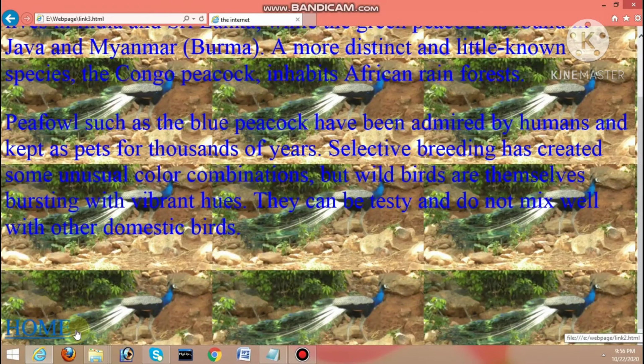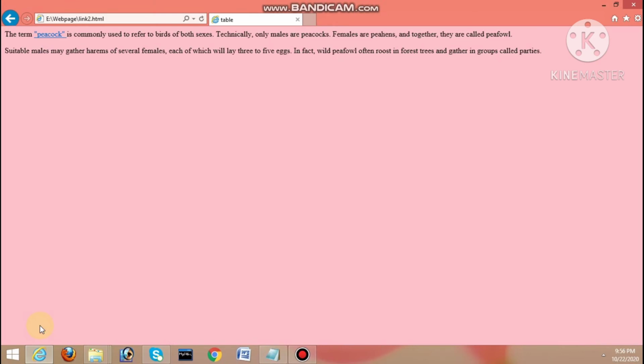in blue color. If you want to change this color, blue to black or any color according to your choice, then what you do, you can use the attributes of body, that is link, alink, vlink. These three attributes of body are there, that is link, alink and vlink. We can use them, then the color will change. How to change the color?